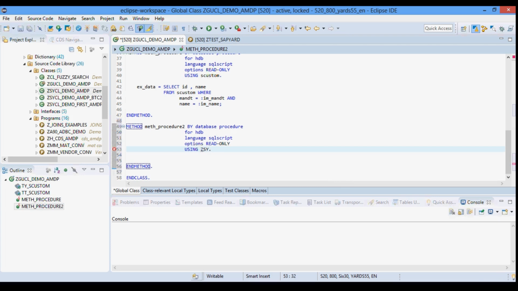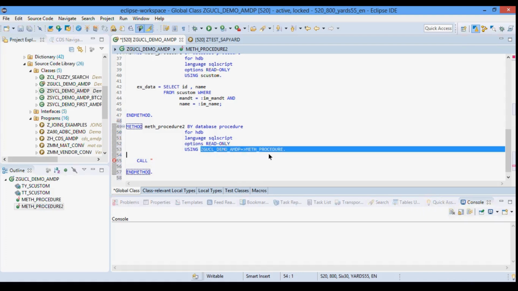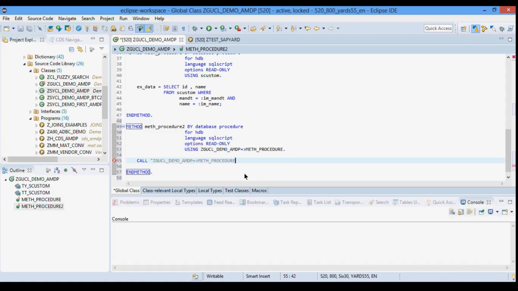So I would say Z. Here you need to specify the AMDP method like this if you are using it, and within that, when you want to call another procedure, you call it with CALL, provided with IM_NAME, comma IM_MANDT, comma EX_DATA.